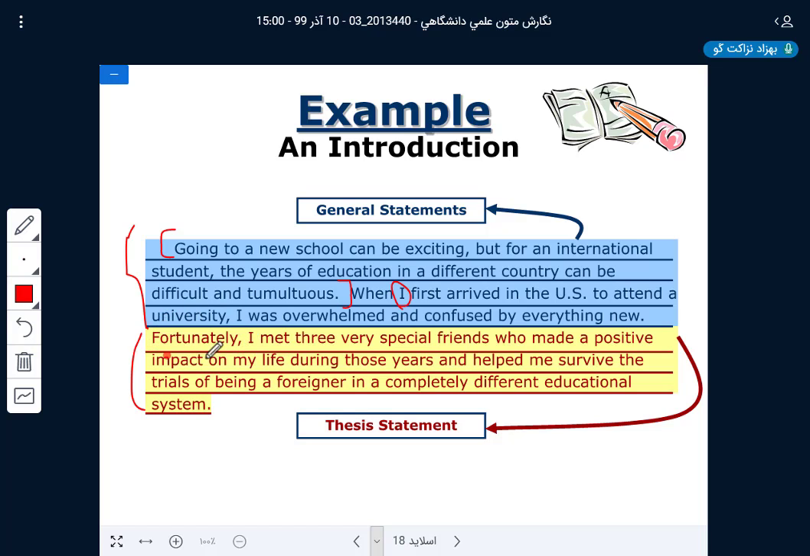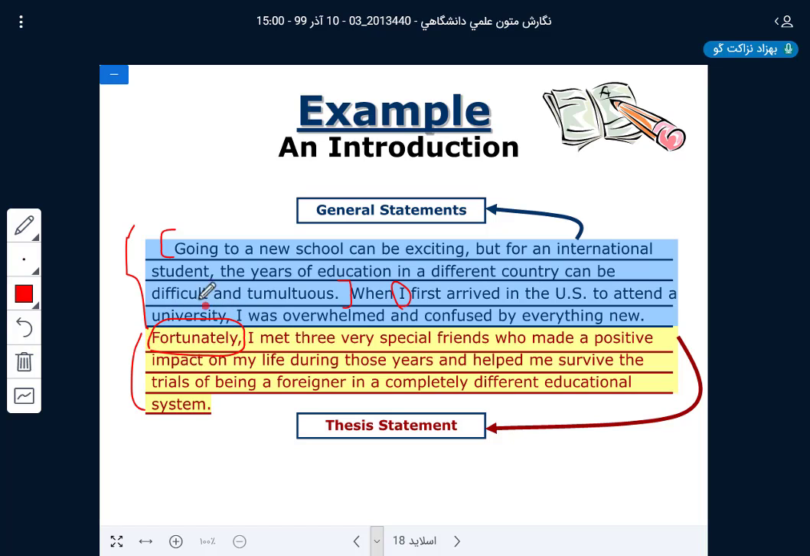Unfortunately, I met three very special friends who made a positive impact on my life during those years and helped me survive the trials of being a foreigner in a completely different educational system. Fortunately, I made the mistake. Fortunately, I met. So,